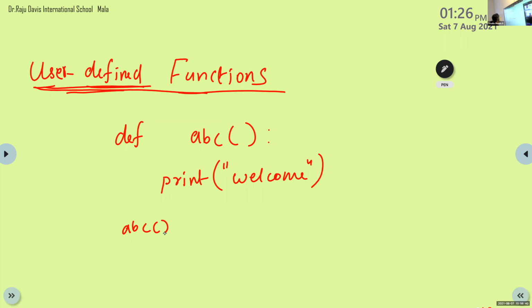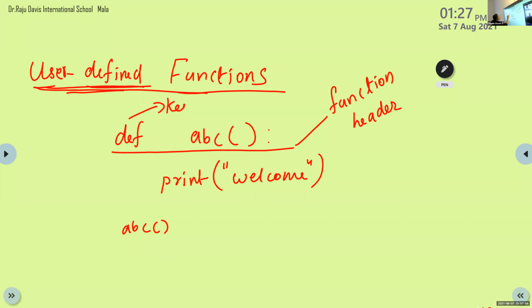Okay, here this line is known as function header. The first line in the function definition is known as function header. Here def is the keyword used to define the function.